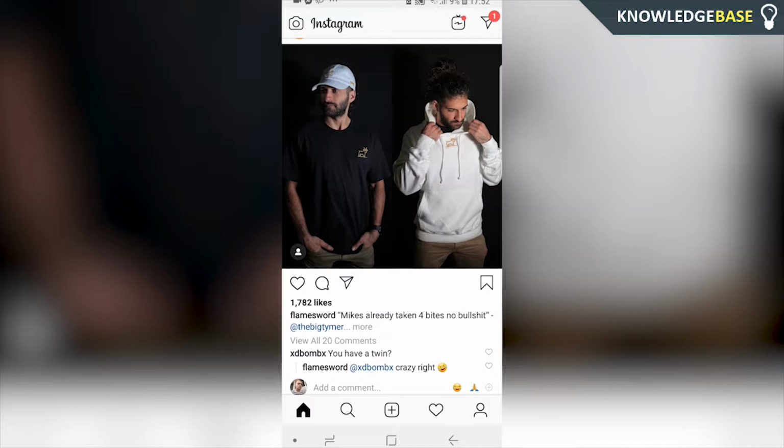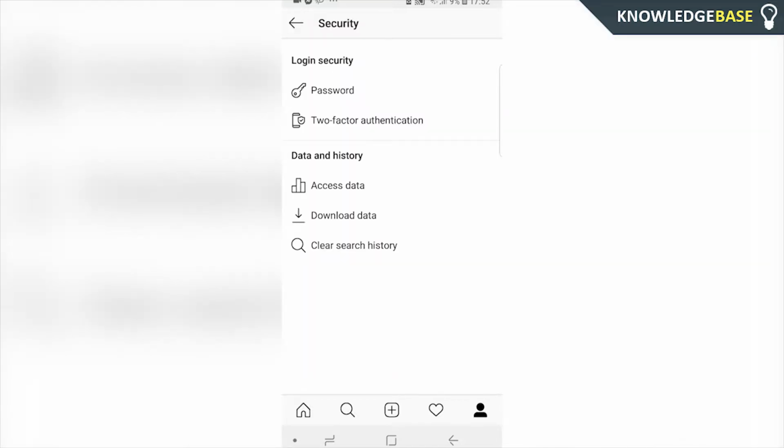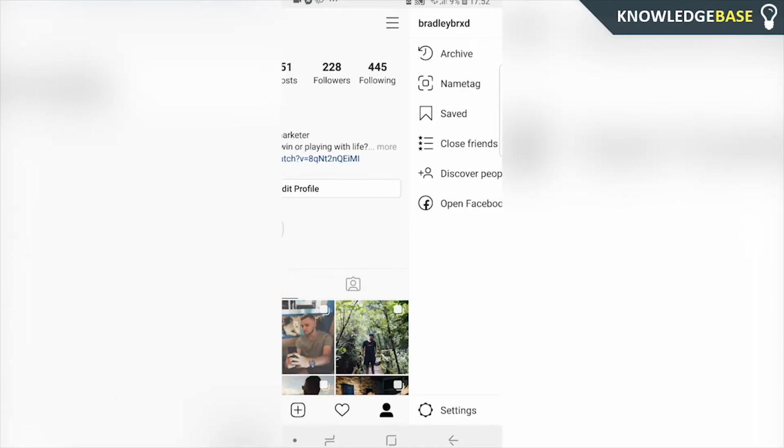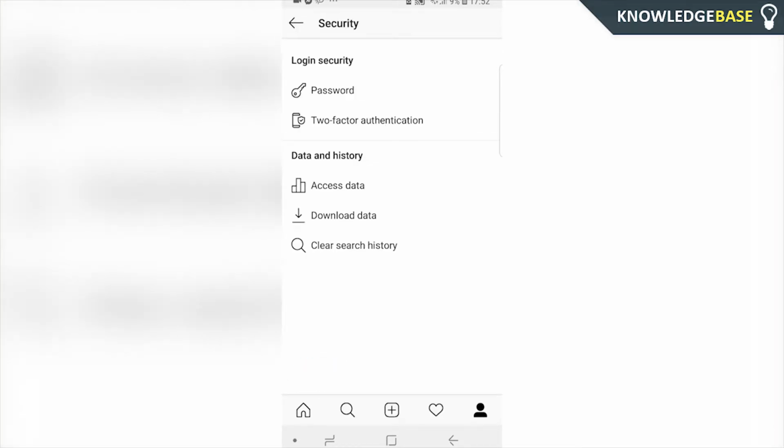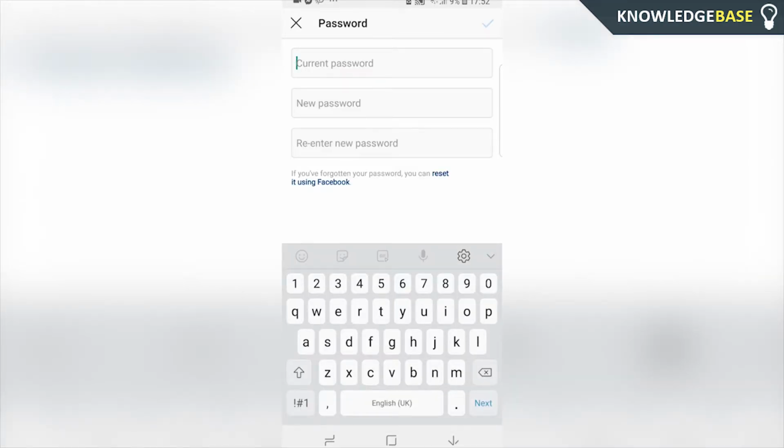So what you would do is log into your Instagram account on any other phone, and then go to your profile, click on the three lines in the top right hand corner, go to settings, and then go to security and click on password. Here you can change your password and it's going to log you out of your Instagram account across all devices that you're logged in on. Now if you don't currently know your password, you can't change it within this method here,